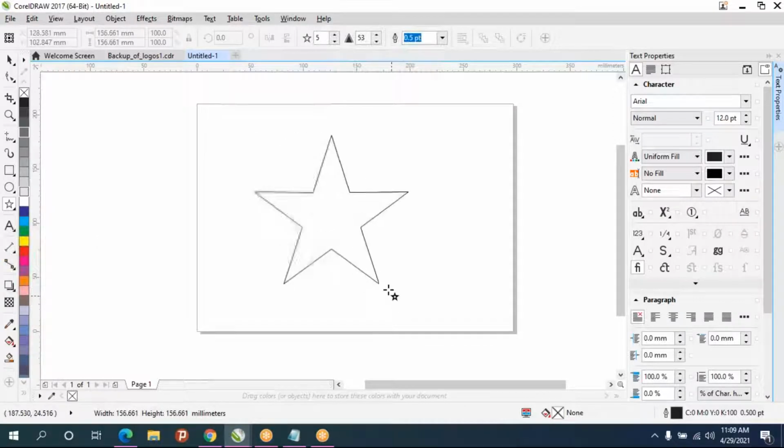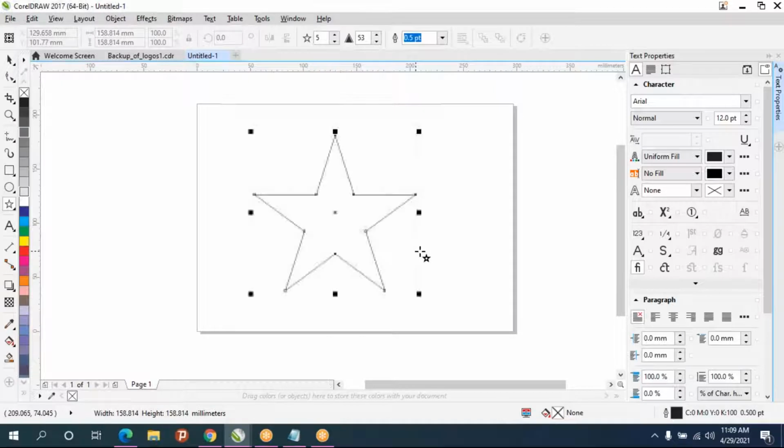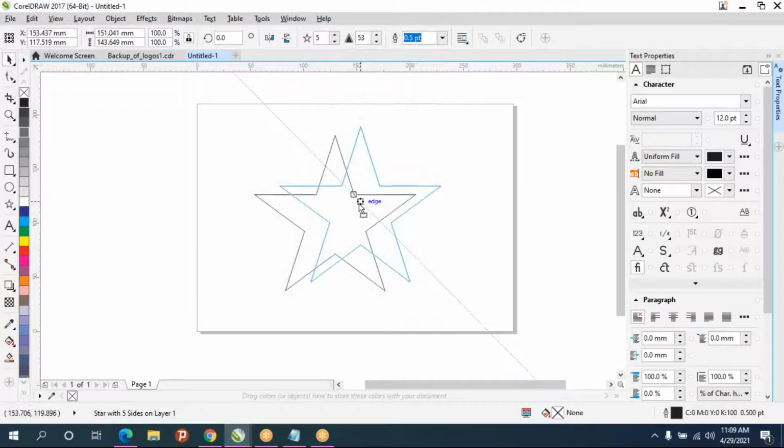and just hold the control key and drag it, it will make a perfect star. Okay. So by default it will create 5 sides. Star, 5 sides it will create.